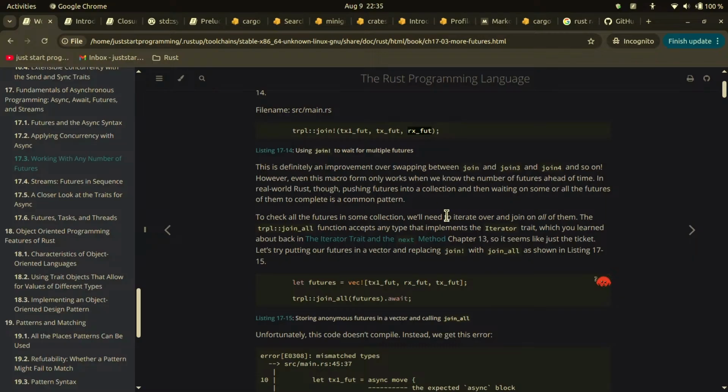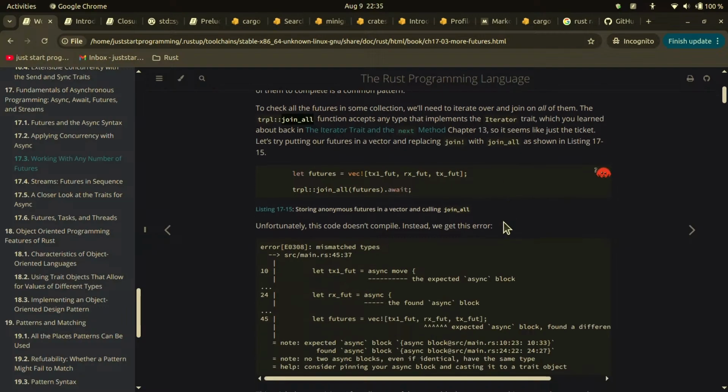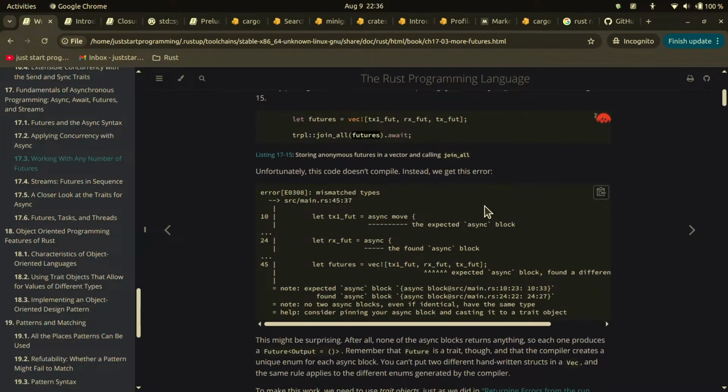Okay, and then to check all the futures in some collection, we need to iterate over and join on all of them. Luckily, we have this join_all function. So join_all, you have the vec macro, join_all futures, but this will not compile